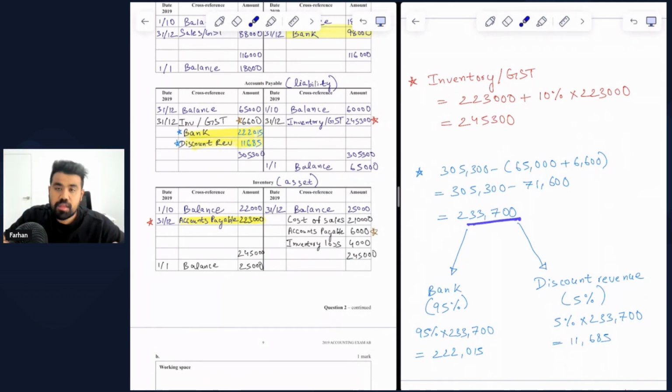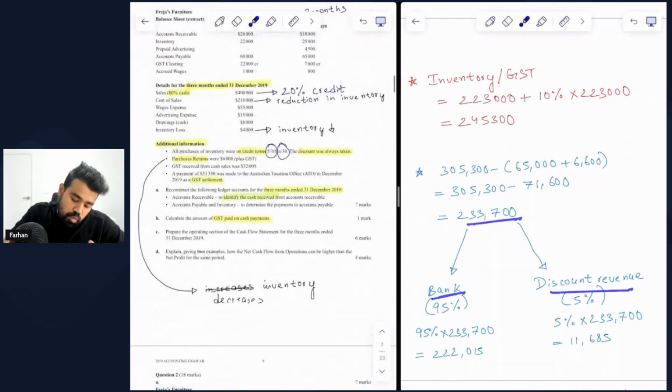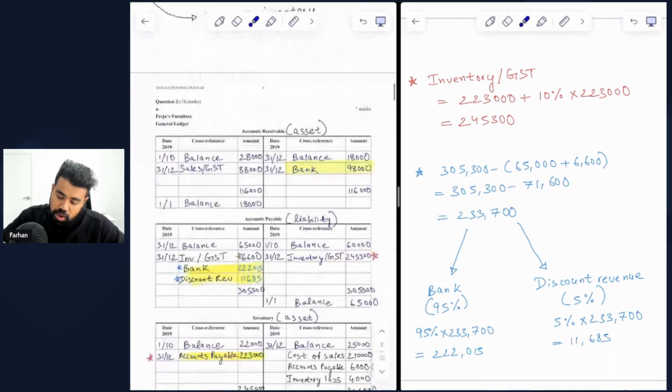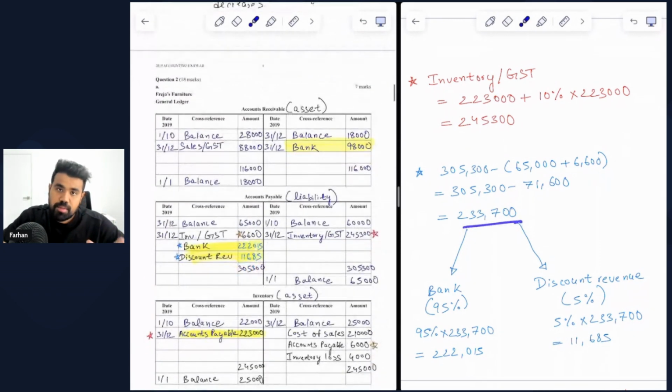However, we also understand that this 233,700 refers to two different things. First of all, the payment that we are making to our accounts payable, and second, the discount that we're receiving in return. The question explicitly mentions that the discount was always taken, and the discount is 5%. So how do we find the amount for the discount? So whatever deficit we are left with on the debit side,